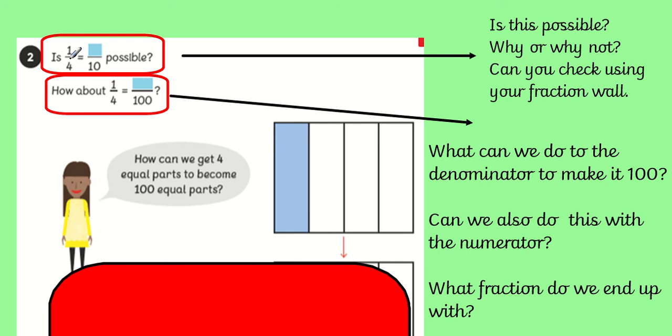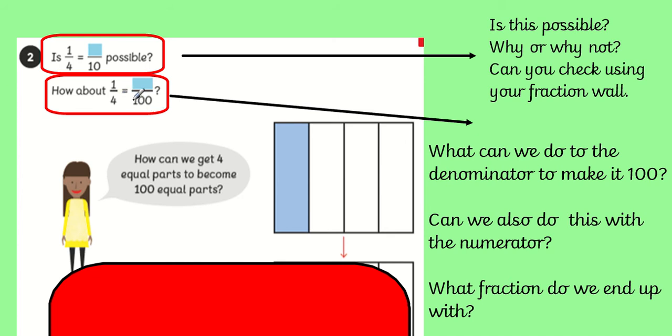What about a quarter then? Let's have a look at this one. Is there a way we can times 4 by something to get 10? Oh no, 10's not in our 4 times table. Not if we're using whole numbers. So that might not work. You can check that on your fraction wall. How about